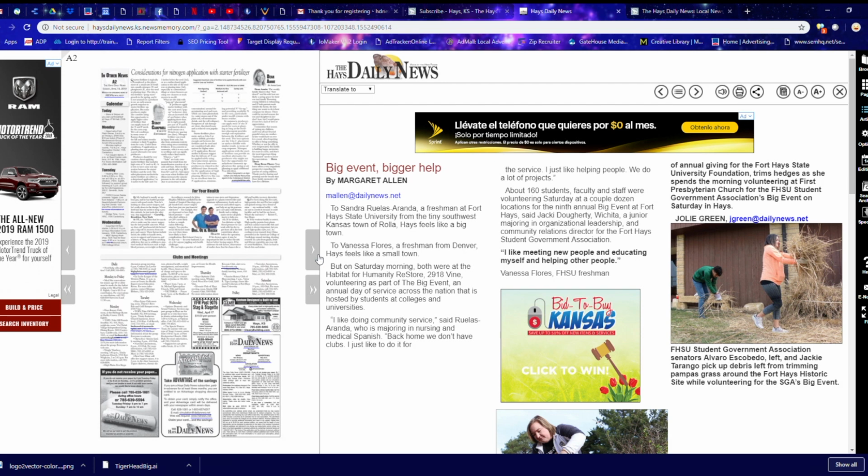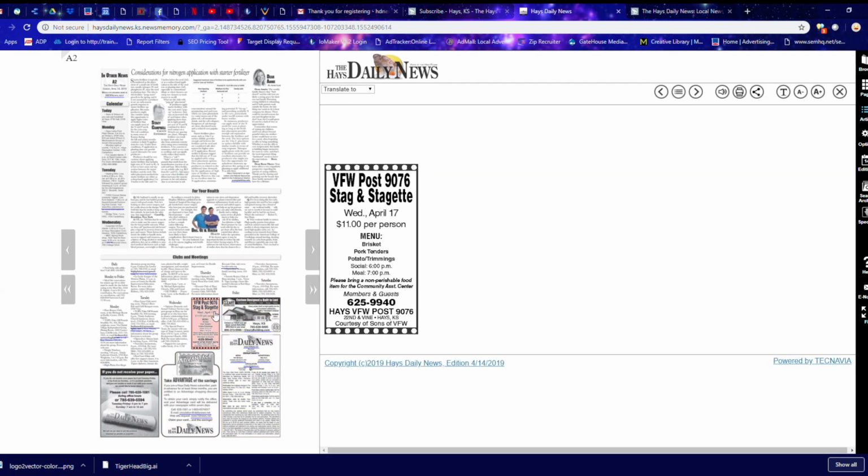The single arrows just go to the next page. The double arrows will jump to the next section. So if you're on page A2 and you hit a double arrow, it'll take you to section B1. And if you see any information that you really want to click on, like say there's an ad that you're